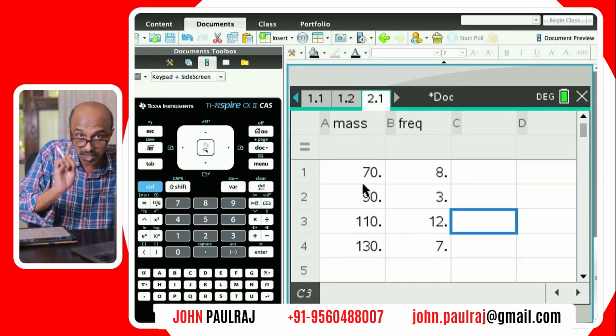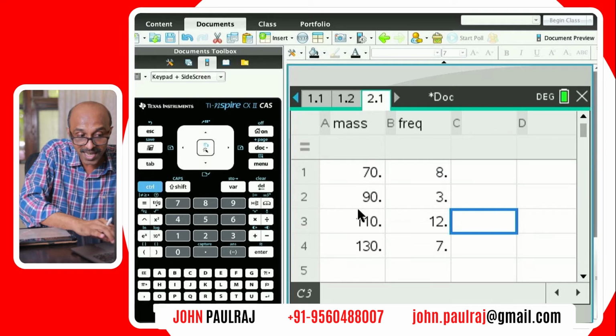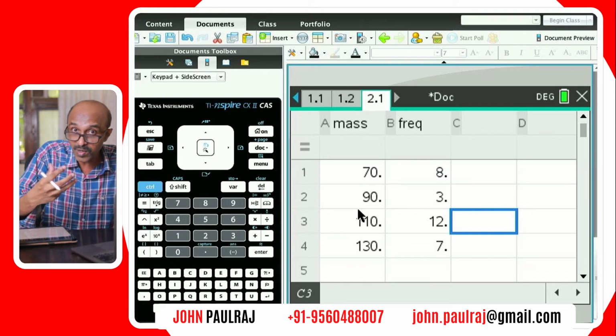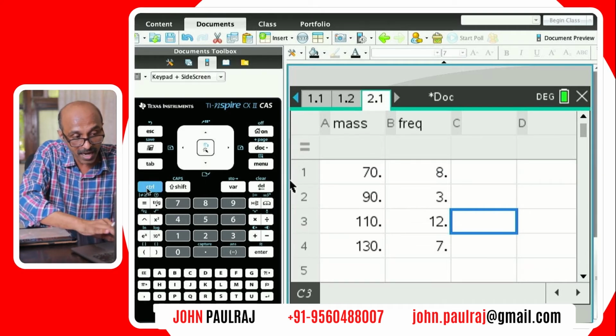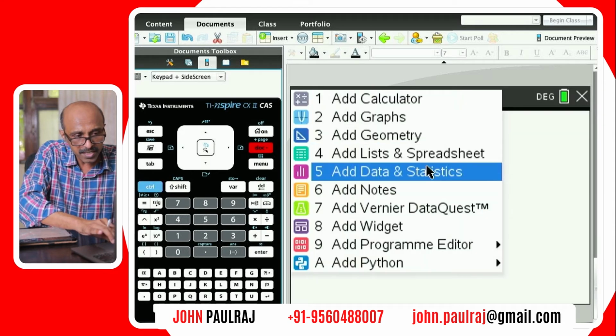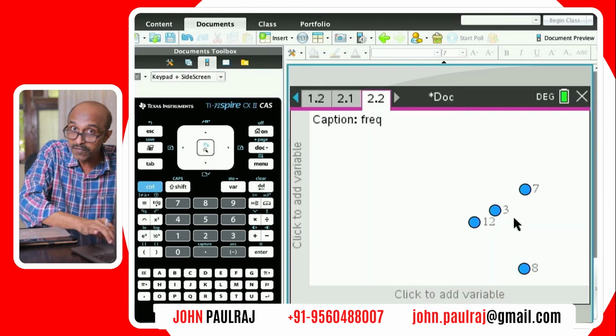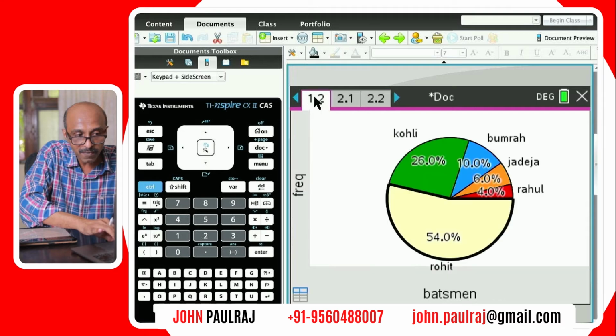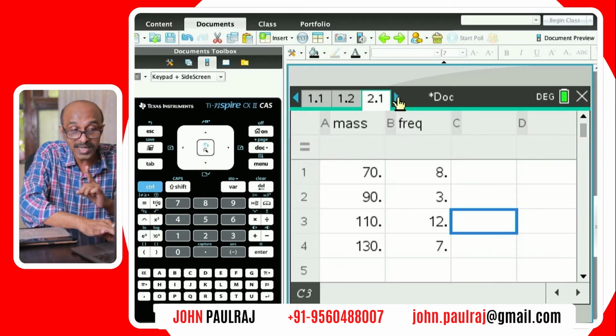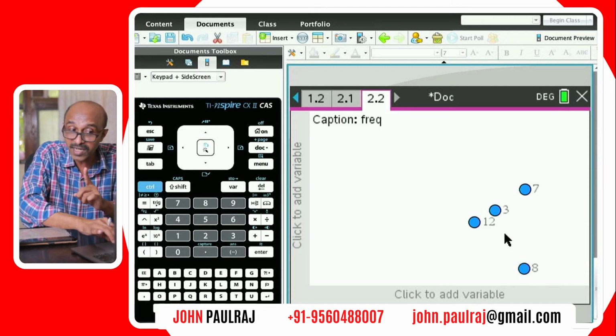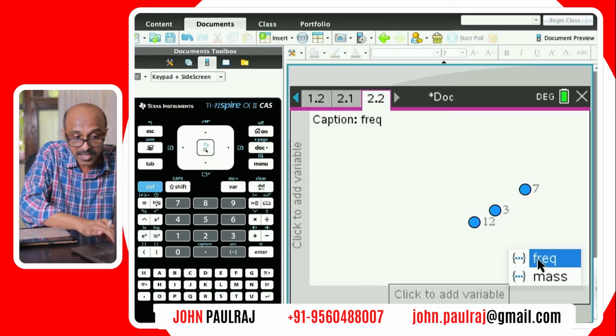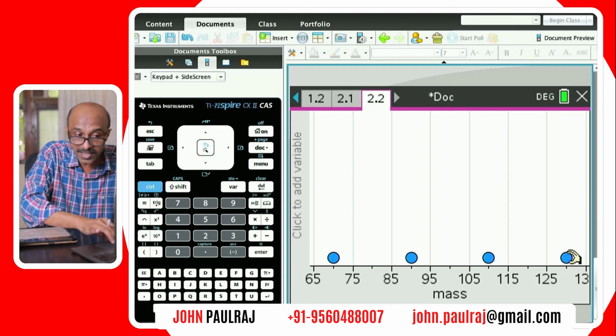Remember this: because this is numeric data, you have to convert it into categorical data. I'll show you. So let's add a Data & Statistics page. And now you can see it's not colorful. Remember what I mean by colorful? When I did that thing here, it all came in different colors, and that gives you the hint about what type of data. The calculator recognizes this is numeric data. So even if you call this mass, guess what? It just comes in here.